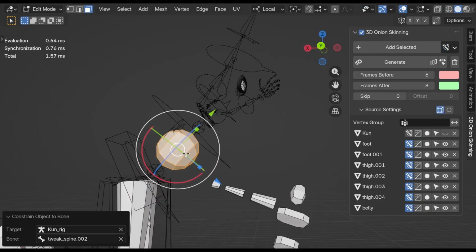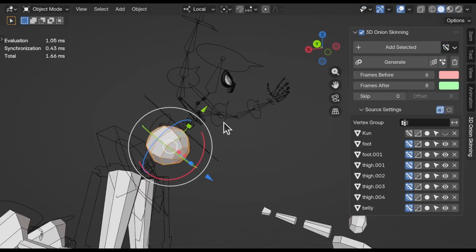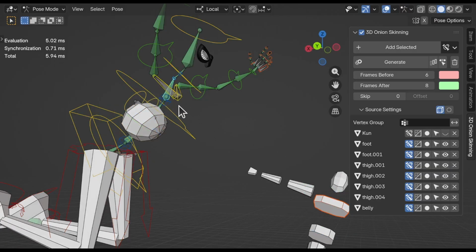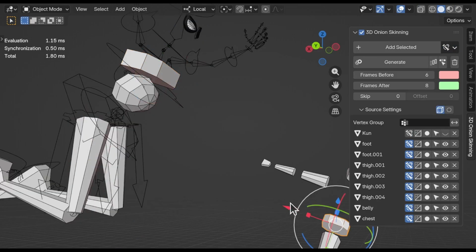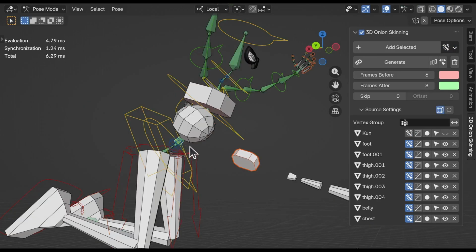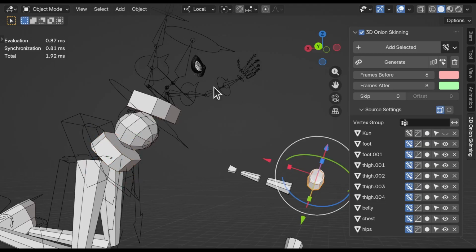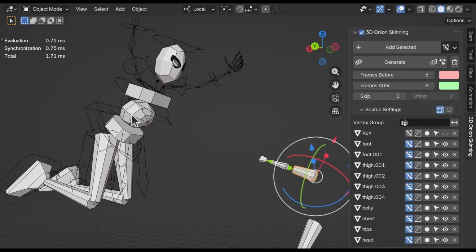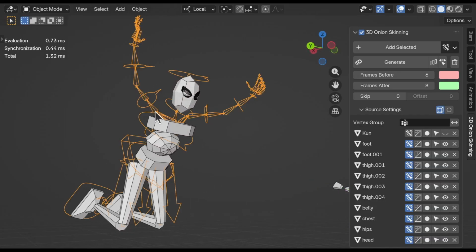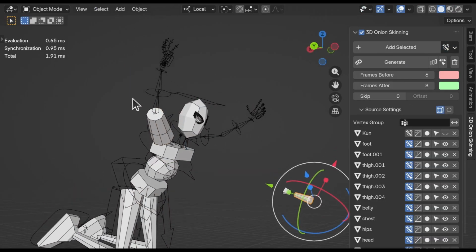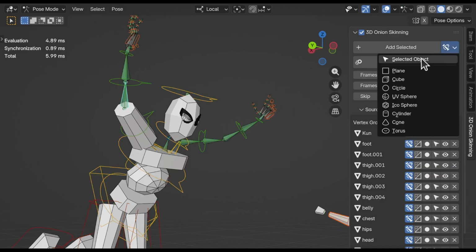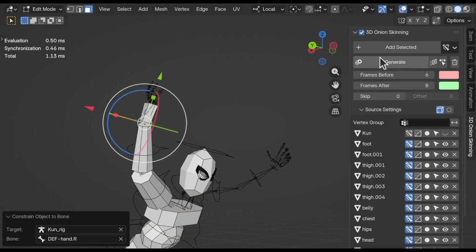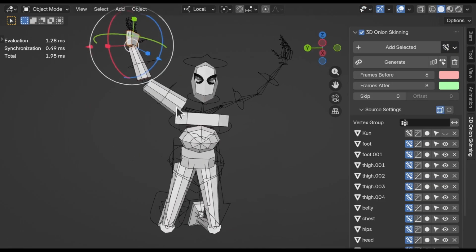And here I am in edit mode. I could do my edits. I will leave it as it is. And I can keep going with the other ones. This one could go to this bone. And this one can go to this bone, I believe. Yeah. And the head, I can come here. And I can keep going with the arm. Let's take a look. Here I am. These ones are already basically added to fit this rig. And I have this palm. Let's select this bone. And then we are building our basic shapes